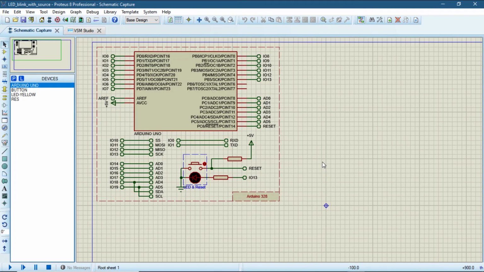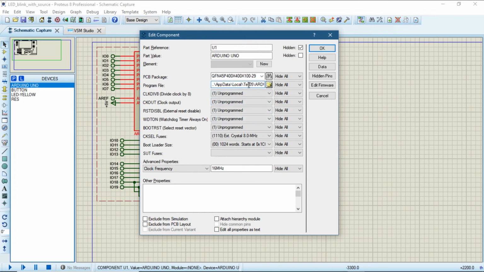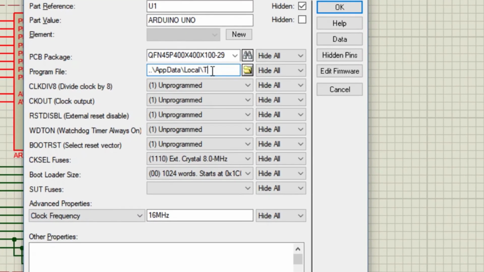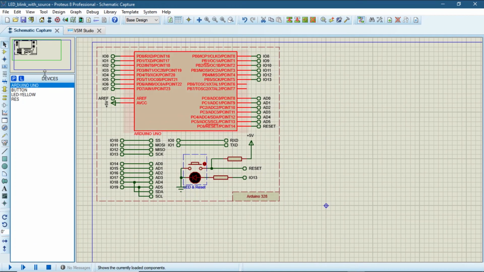Now we are back in Proteus. Double click and here you remove the current program file and paste the ELF file path. Click OK and run the simulation. So the same LED blink is working.